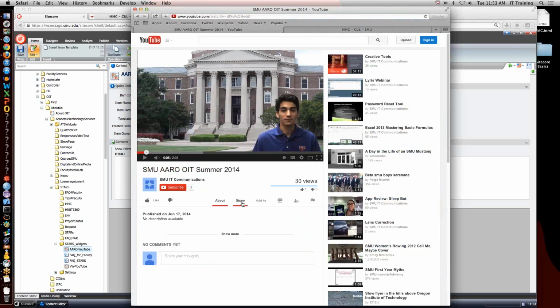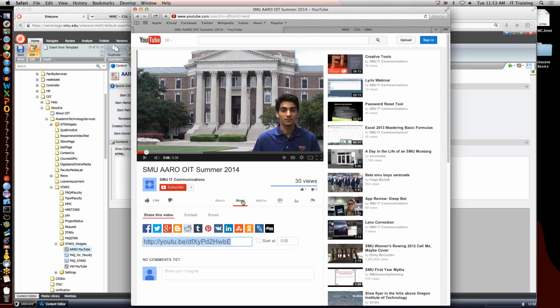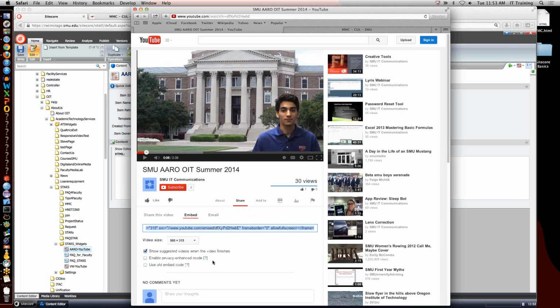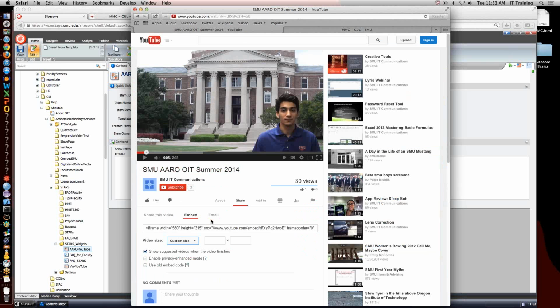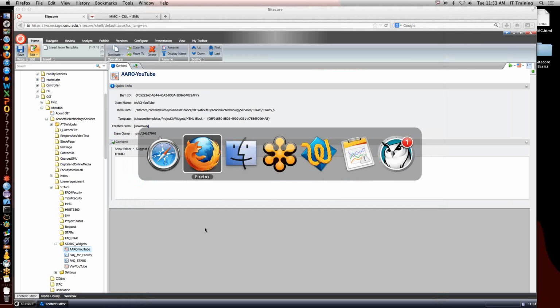And so I'm going to go ahead and click on the share, and I'm going to click on the embed, and I'm going to change the size. I'm going to say custom size. And I happen to know in my sidebar area, this little area here, I'm going to want it to be about 220 pixels wide. It's not very big, but that's okay. So I'm going to go ahead and put in 220. It's going to automatically enter that information there, and I'm going to grab this iframe code,